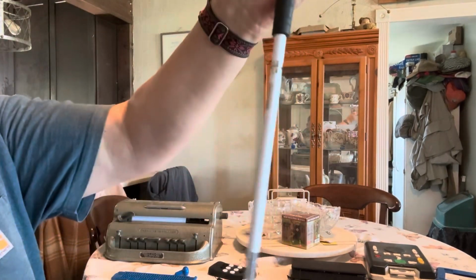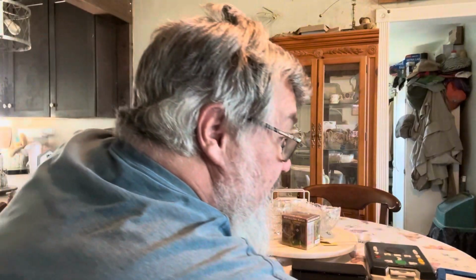And so I like that cane. There's all kinds of different canes out there. They even have electronic canes now. I think it's called the WeWalk,